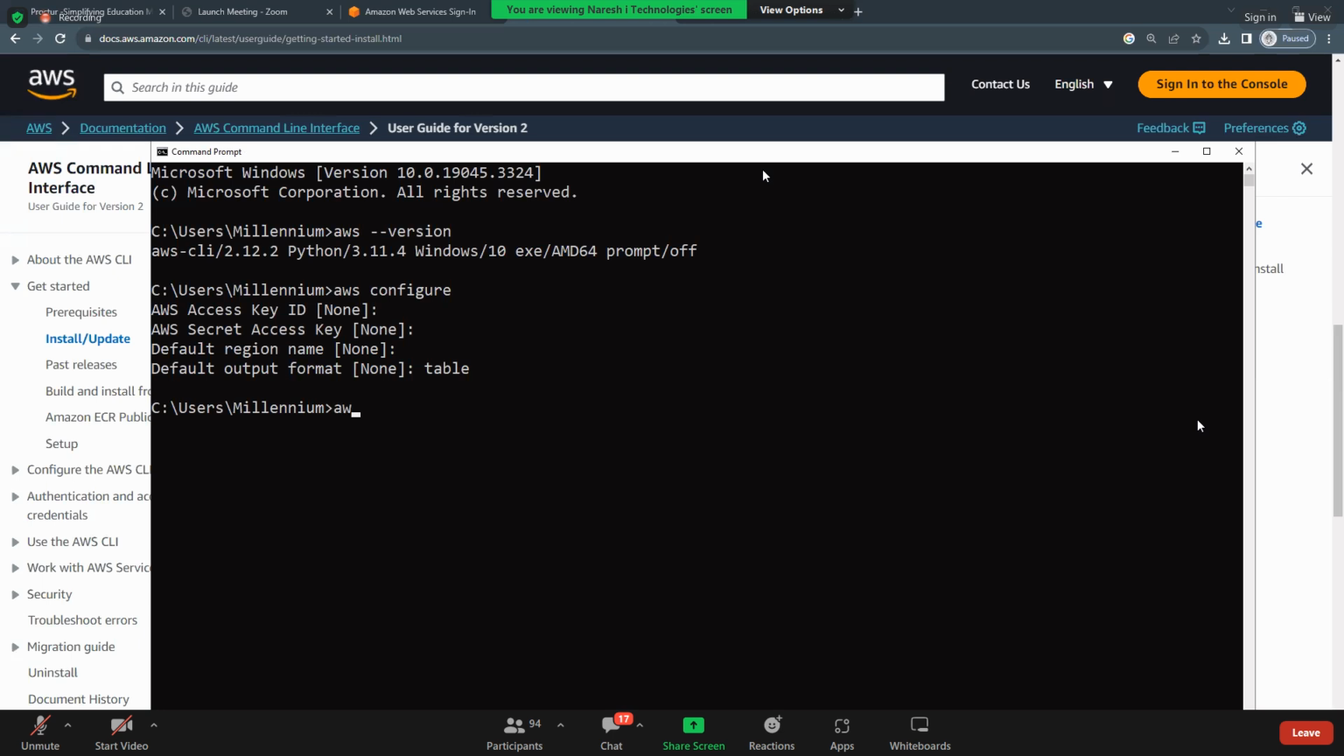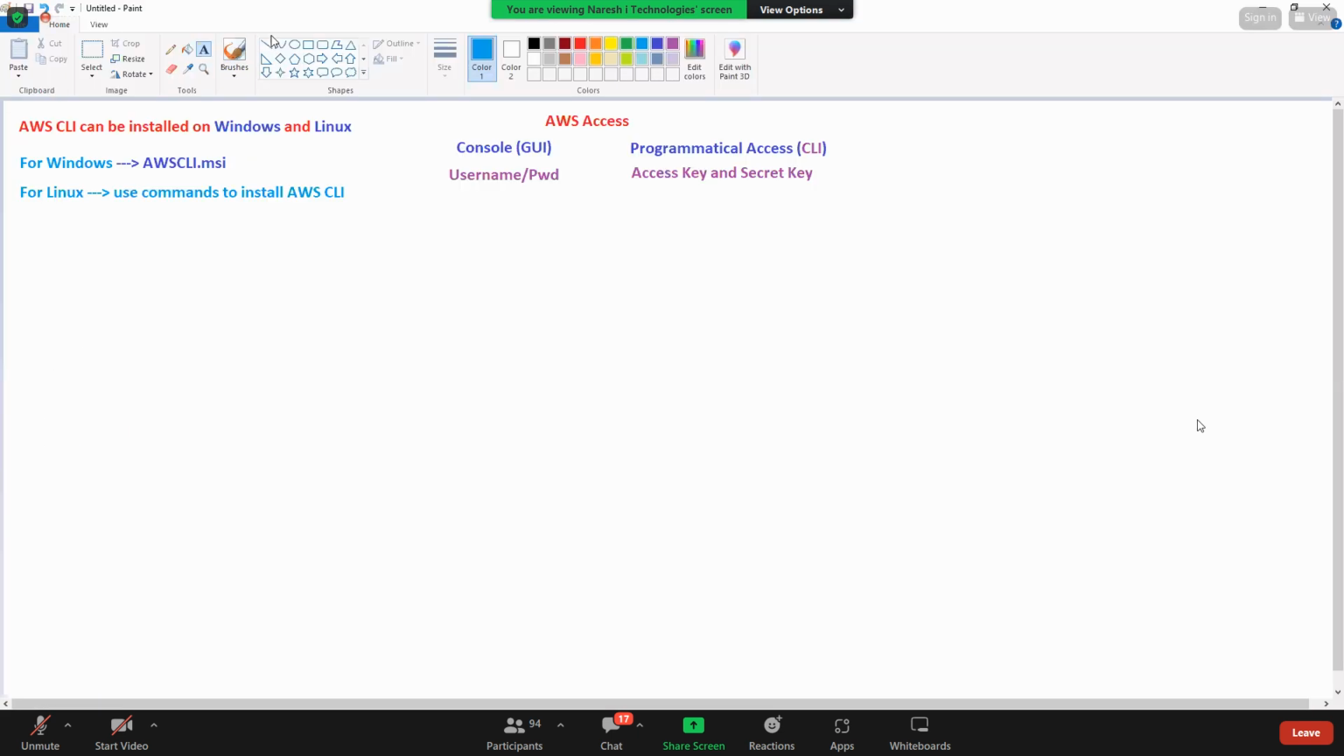Now can I run AWS commands? Yes, I can write them. Can I launch an EC2 instance from here? Yes. I'll show you how to do all these things. But did you all understand how to configure from your Windows laptop? Yes. So now this is